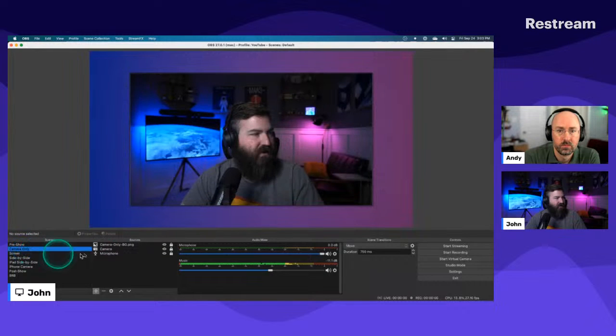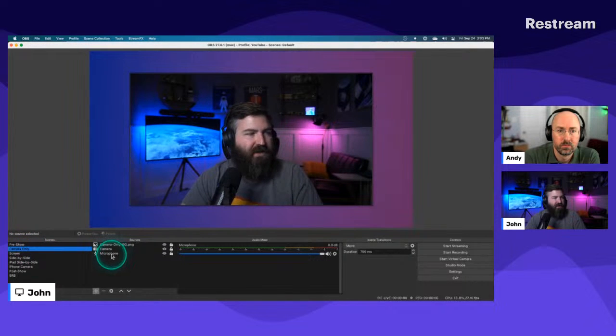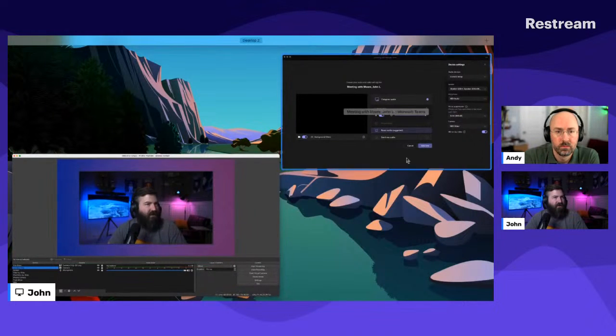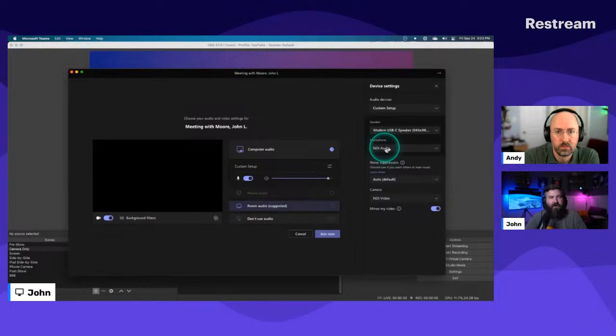Whenever I've got my microphone set up here and I add some filters to it, like a compressor, that'll be applied in Teams because I'm using the NDI audio as well as the video. So if you're looking for a way to get your audio out of OBS, add the NDI plugin to OBS and you'll be golden. You'll be able to do audio and video that way.